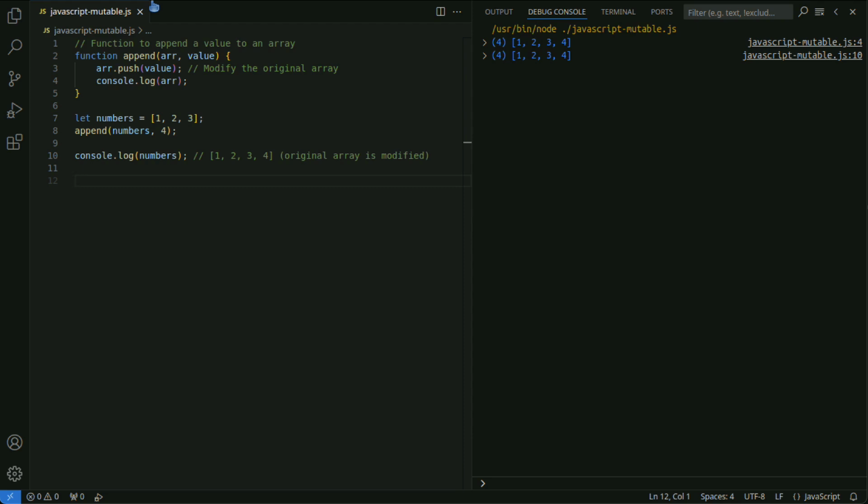Immutable means that a value cannot be modified. Primitive types are fundamentally immutable.